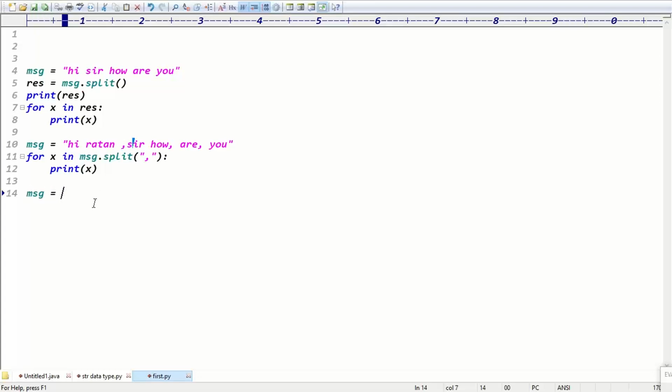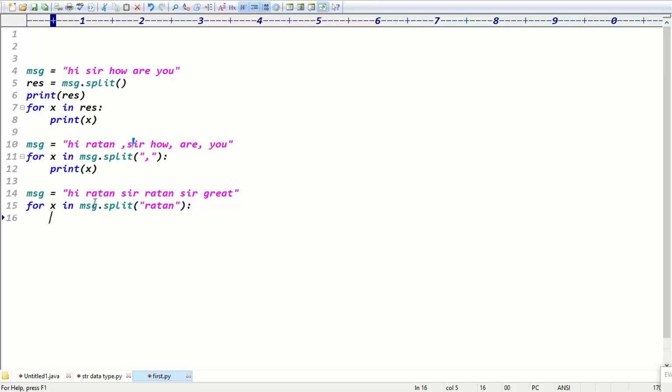And the third one is, if you take message equal to something, you can even split the data using a word. Hi Ratan sir, Ratan sir great, Ratan sir good, something like this. I want to split the data using Ratan, guys. How? For x in message.split, simply give the splitting character Ratan.